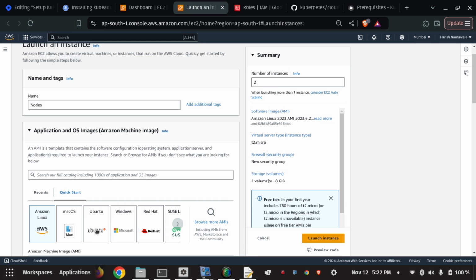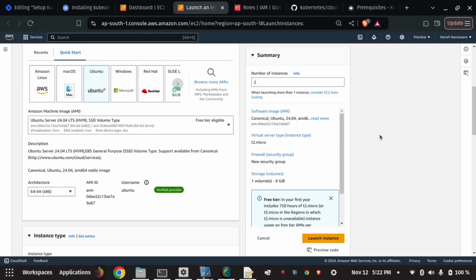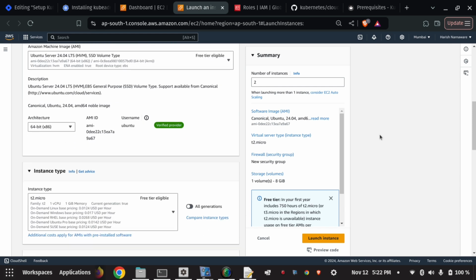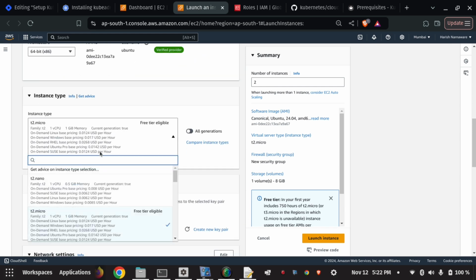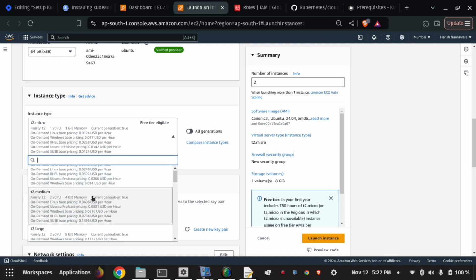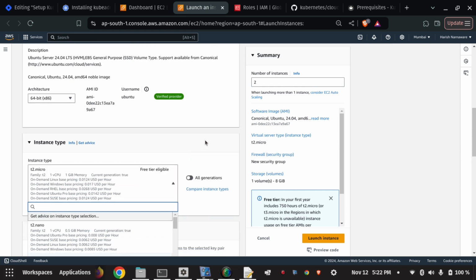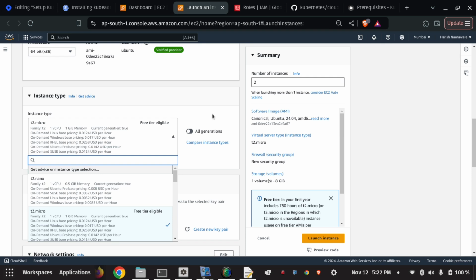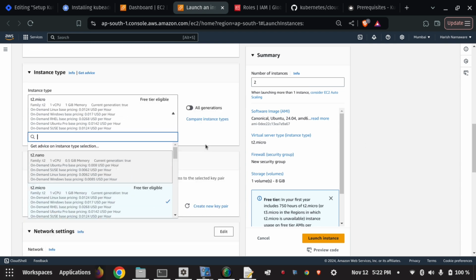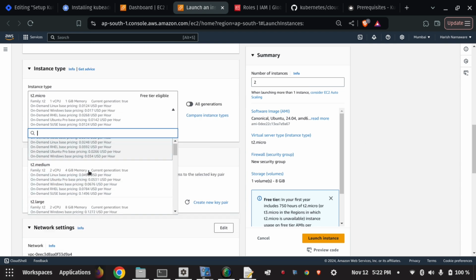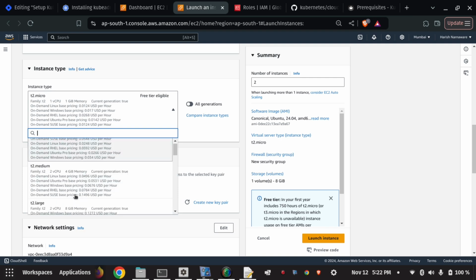And then click on Ubuntu and scroll down. The instance type you can change as you need, but it's not mandatory to use T2 medium, you just have to choose at least 2 CPU and 4 GB. If you choose a T2 micro, then the Kubeadm cluster will not be created because it asks for more resources. So I'm just selecting T2 medium from here,